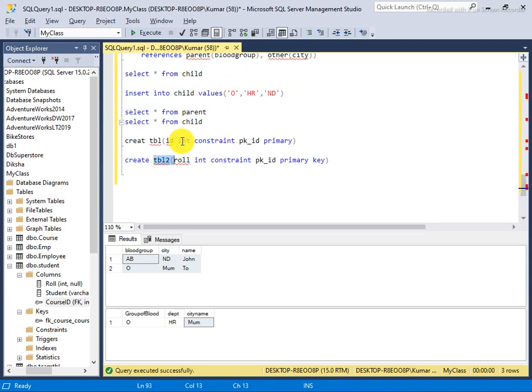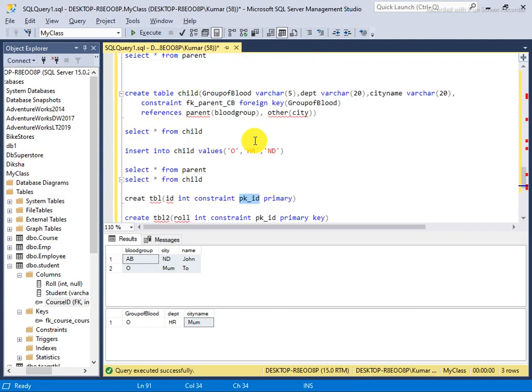But technically, an individual constraint name is always unique across the entire database. So in my class, pkid, you can't use it for a foreign key or unique key, because it is reserved for the entire database. The same thing applies here. This constraint must exist as a single one in the entire database, but you are referring to different tables also, then how is it possible? It is a violation of the database itself.